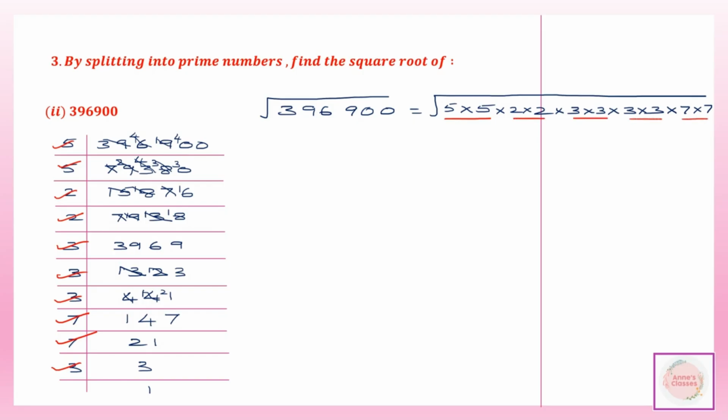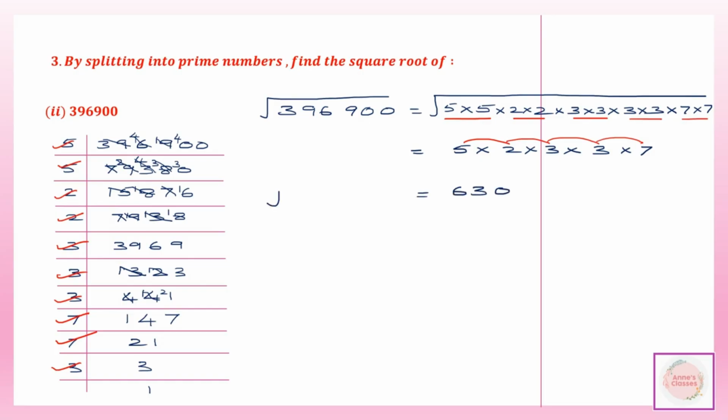Now we're going to remove one from each pair. So I have 5 into 2 into 3 into 3 into 7. So one I have removed from each pair. Now let's multiply. 5 2s are 10. 10 3s are 30. 30 3s are 90. 90 into 7. 9 7s are 63. So 90 into 7 will be